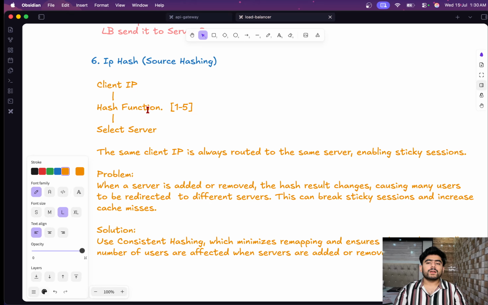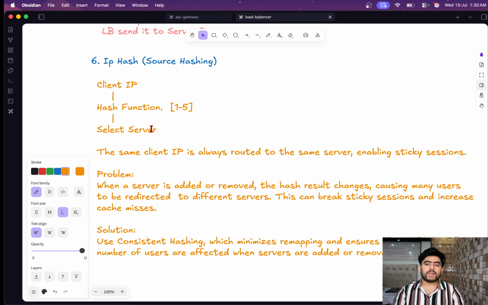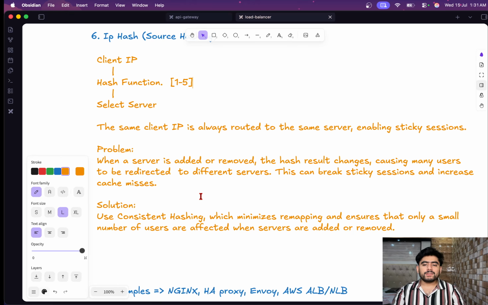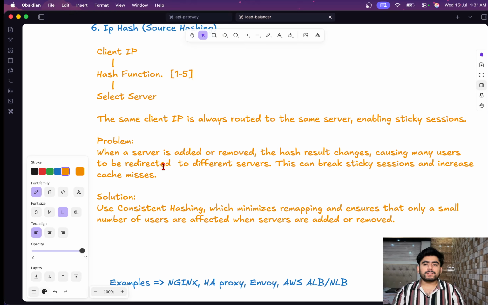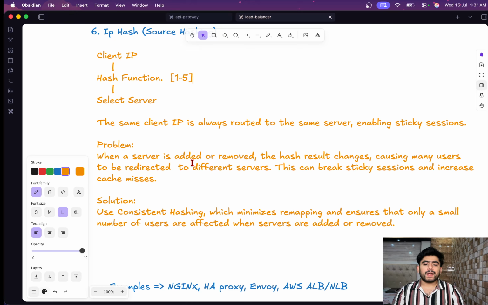So IP hash helps us enable sticky sessions. If you know about WebSocket, in the case of WebSocket we want sticky sessions. If user one is connected to server one and refreshes the page, we want that user to connect to that server again. But the problem is that whenever we add or remove a server,